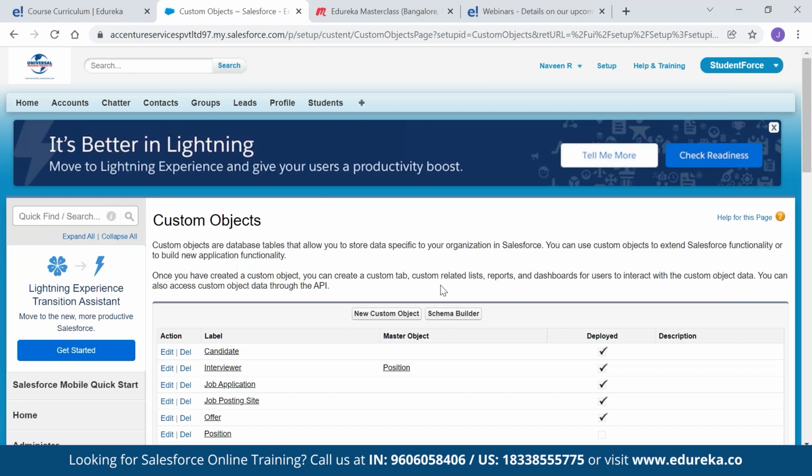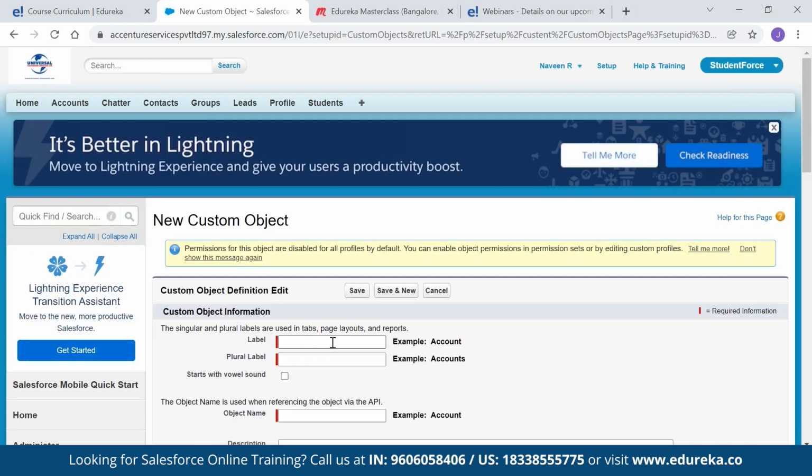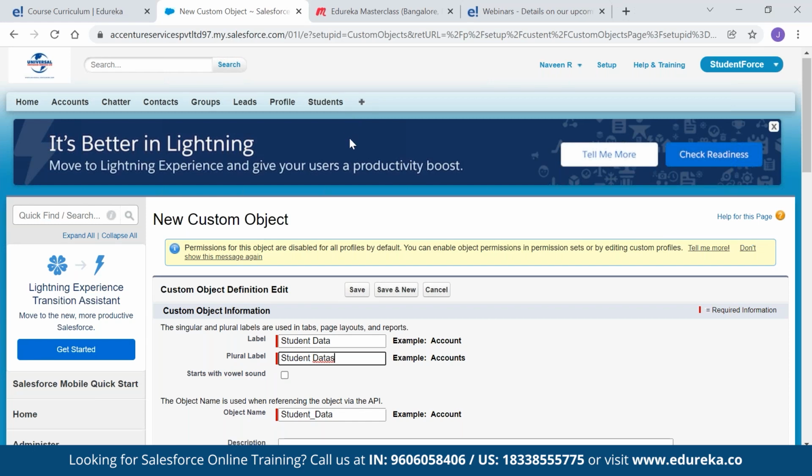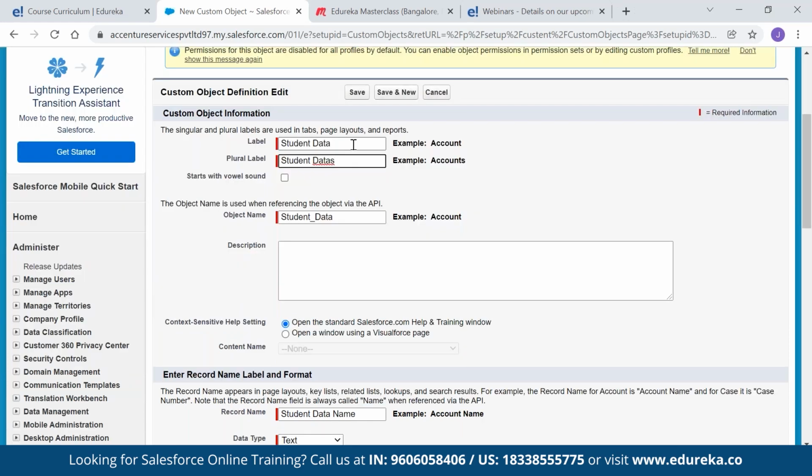Let me create a new custom object and provide the name as student data. You need to provide the plural name. All the tab names should always be in the plural form.